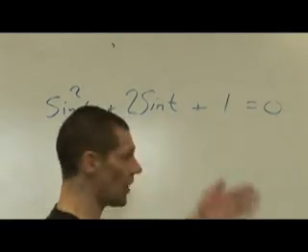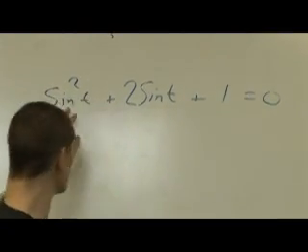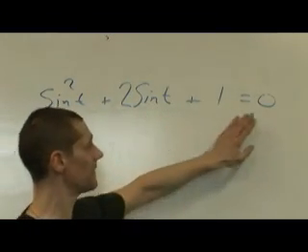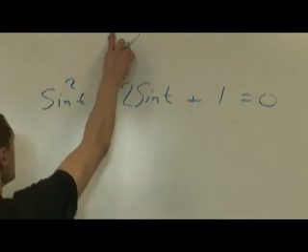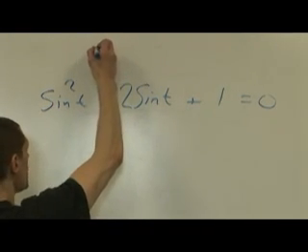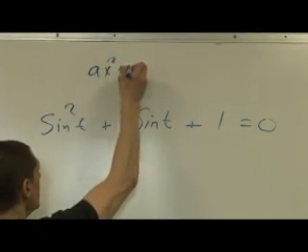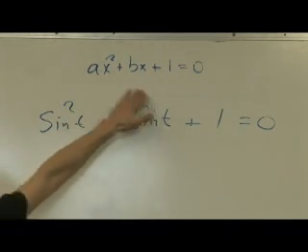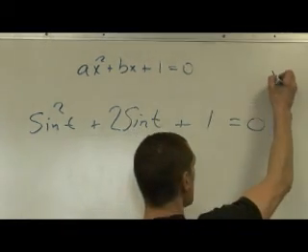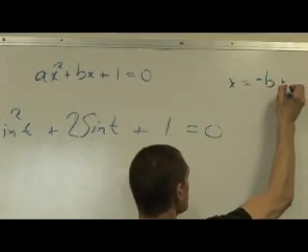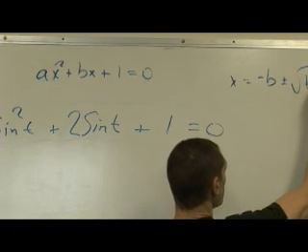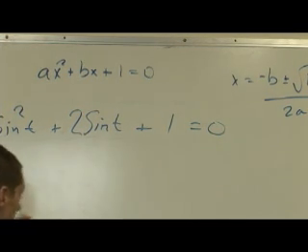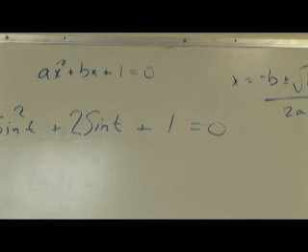How are you going to solve a question like this? The way is to think about it: I've got something squared plus something to the first power plus something equals 0. Right away, you want to be thinking of a quadratic equation. This looks remarkably like that. And with any luck, you know that the solution to this, x, is equal to minus b plus or minus the square root of b squared minus 4ac, divided by 2a. So we're going to do this substitution. We're just going to let x